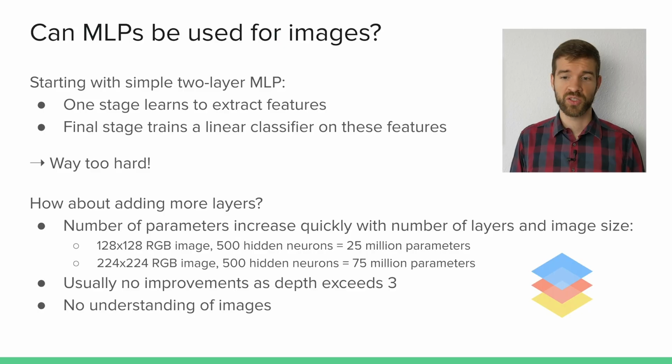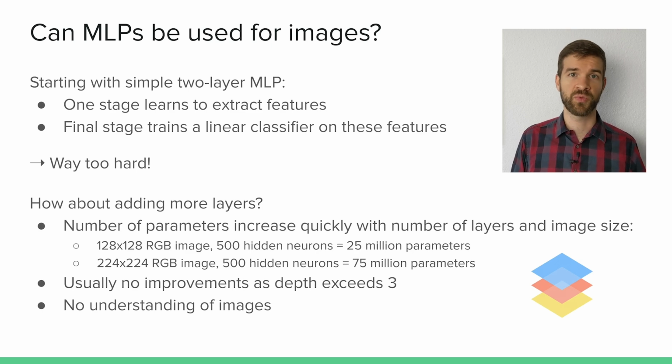So if we just have 2 layers and it doesn't work, well, how about just adding more layers? It seems reasonable to just add more layers here, and ultimately it will learn to extract meaningful features. The problem with adding more layers to a multi-layer perceptron is, though, that the number of parameters quickly explode. So if we have just a small 128 by 128 RGB image, which has 3